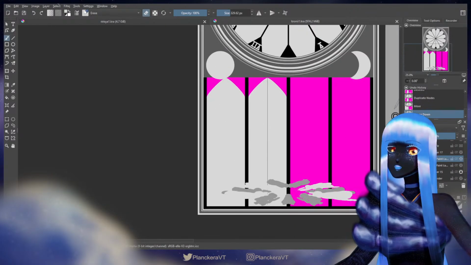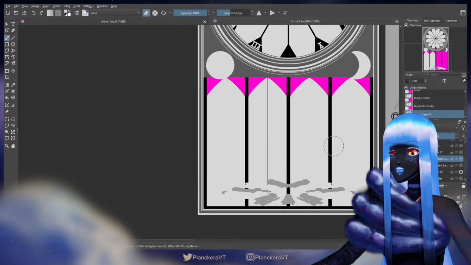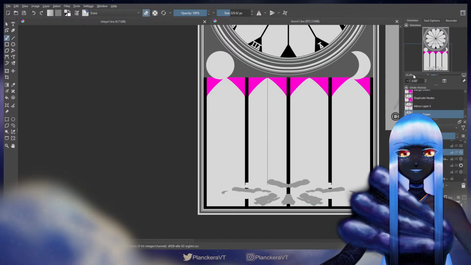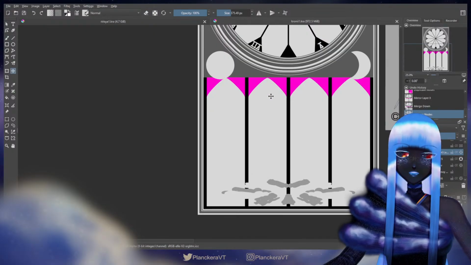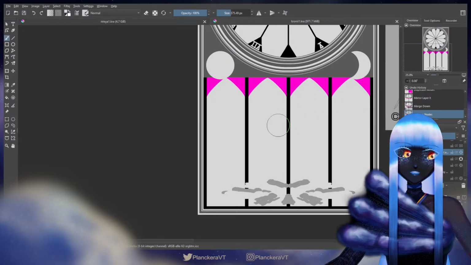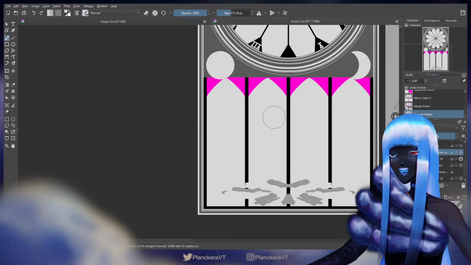Okay. Now I can merge, duplicate, mirror. All of this just to make sure that everything is symmetrical and that when I draw in one of these, it'll translate perfectly into the others. And I won't have to pull shenanigans.